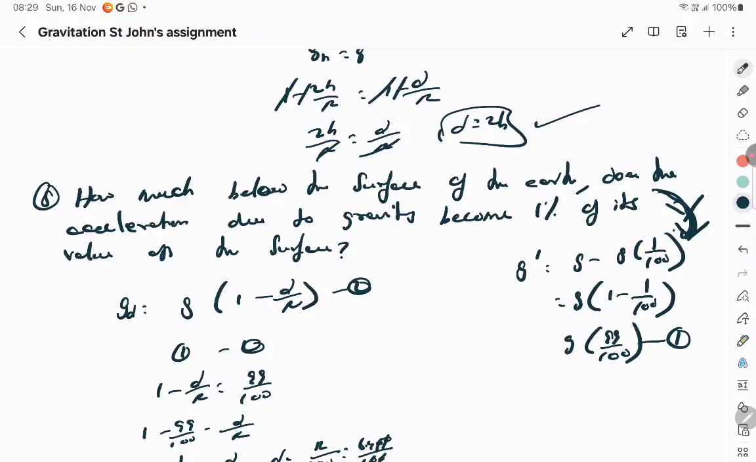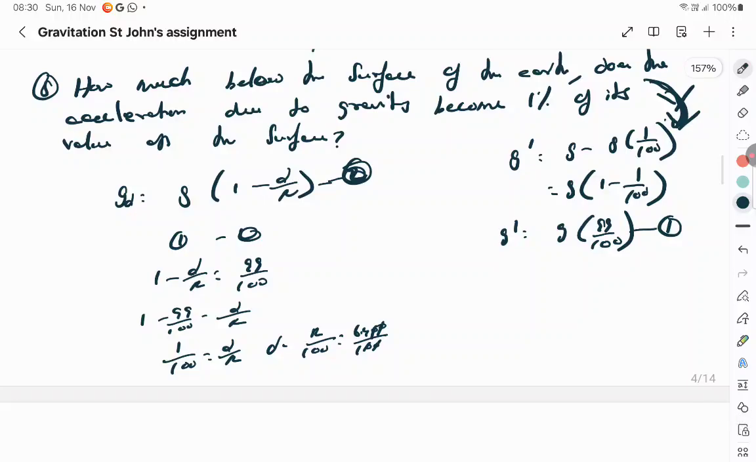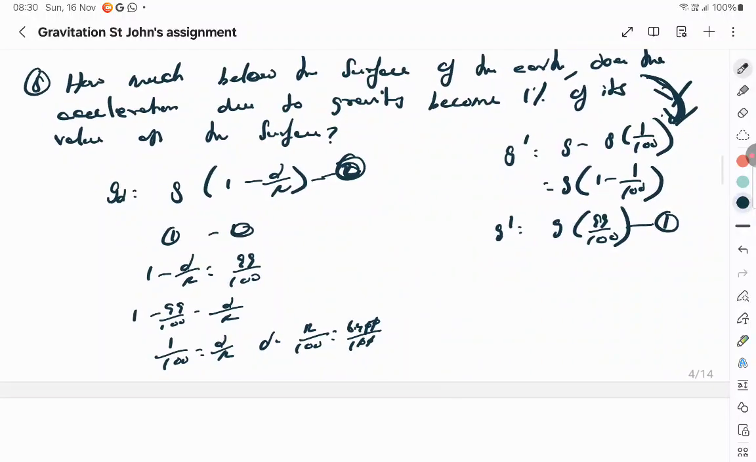Do this arrow mark first. The new gravity is g minus g into 1 by 100. You get the new gravity. And this is the gravity which is going to be below the surface of the earth. So put the formula for below the surface of the earth and equate 2 with 1. g and g get cancelled. 1 minus d by R is equal to 99 by 100. d by R, therefore, is 1 by 100. So cross multiply and get d. And R itself is